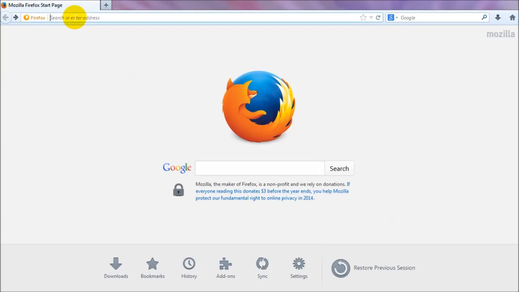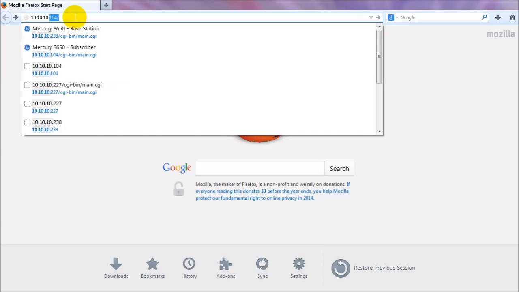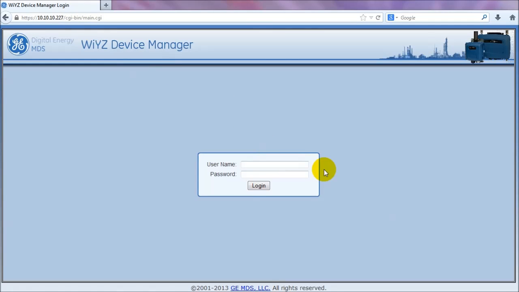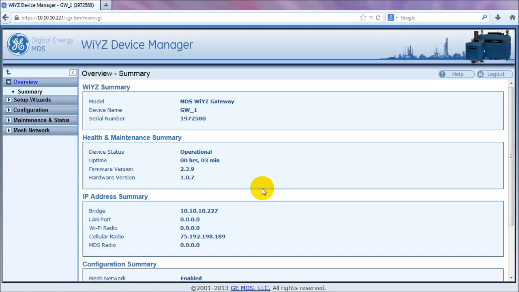Open up a web browser and enter the IP address of the WiYZ gateway into the address field and press enter. When the login prompt appears, enter the configured username and password. Press the login button. Once the overview page appears, move your mouse to the left-hand side of the web page